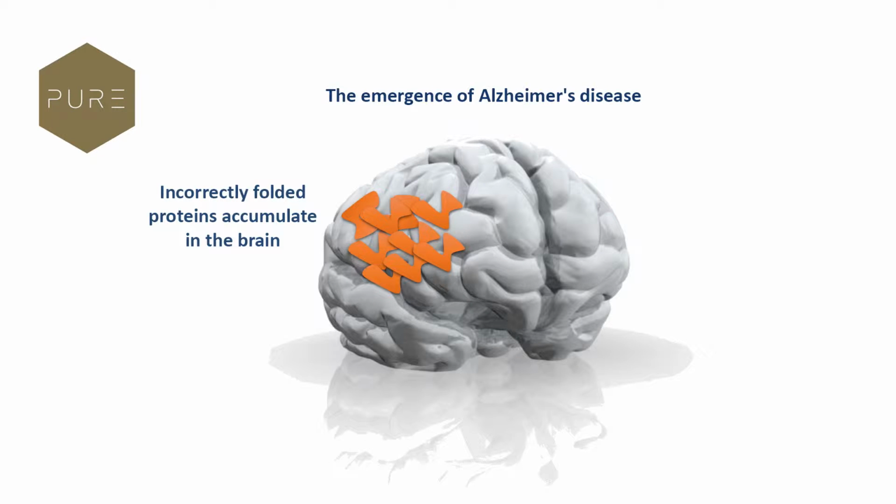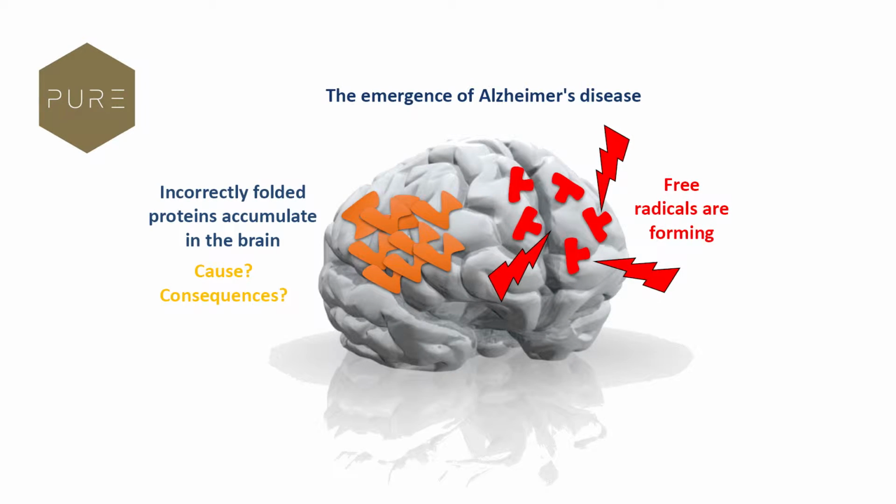In the case of Alzheimer's disease, we have a number of unfolded proteins. So proteins are built, but they're not folded correctly, and they tend to accumulate in the brain. However, it is still unclear if these unfolded proteins are the cause or a consequence of the disease. What we do know is that free radicals, oxidative stress, also tend to accumulate more in the brain, and they start to damage all types of systems. And this causes, among other reasons, areas of the brain to die off, and this causes memory loss and cognitive